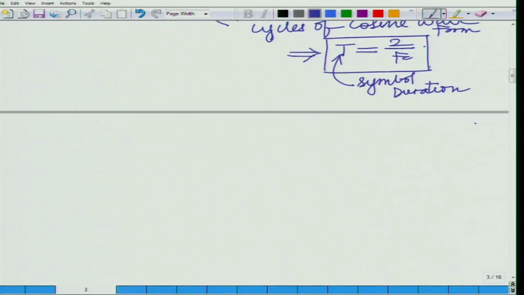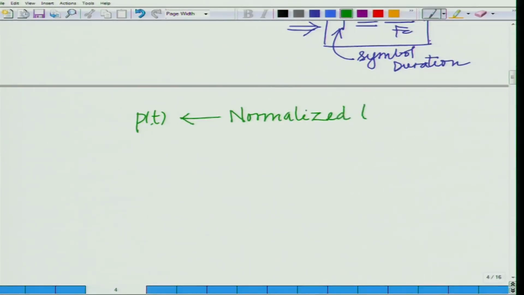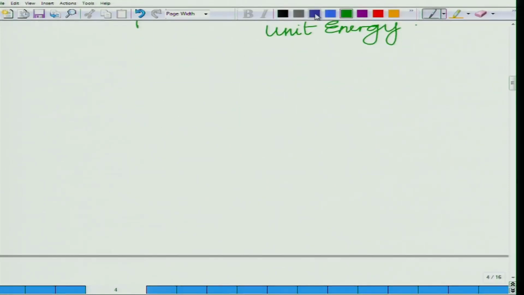Okay. Now, further, if you look at the energy of the pulse, we can show that in this case the pulse p(t) is normalized to unit energy. What is the meaning of that? If we compute E_p, the energy of the pulse,